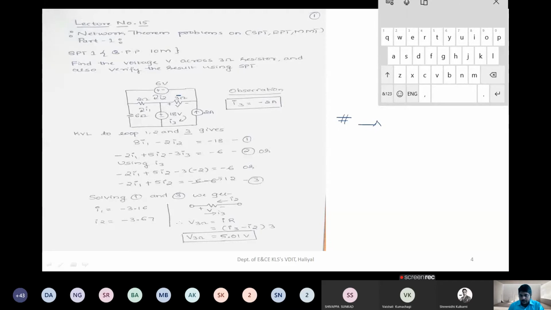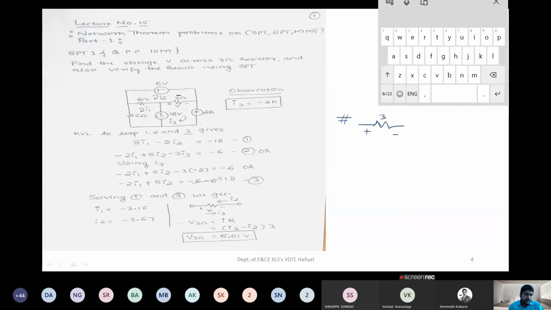So first you need to calculate the voltage across the 3 ohm resistor. Okay, so how to do that? See, the current directions were not given, that is I1, I2 and I3, so I have assumed them as clockwise currents. Or you can refer to the voltage source polarity. Current should flow from higher polarity to lower polarity, positive to negative, so you can assume it like that.